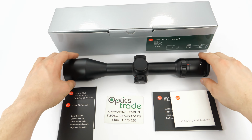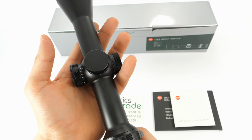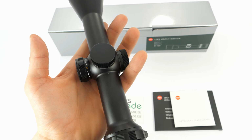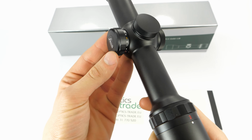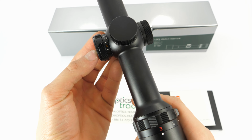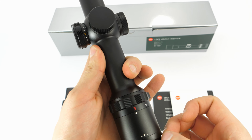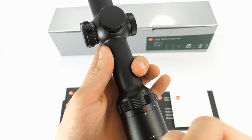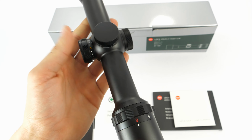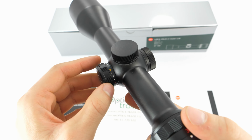As for the illumination control system, it's basically the same as with the model 2.5 to 10. As we can see, the position is located on the left side turret knob. The illumination is usable both in daytime and in low light. We can quickly mention that the dot definition is very good, and of course the brightness of the illumination is completely usable in daytime. Illumination has, as you can see, 9 settings,